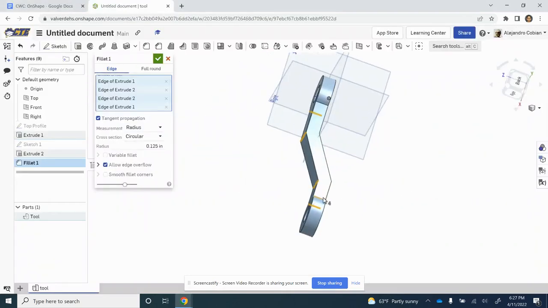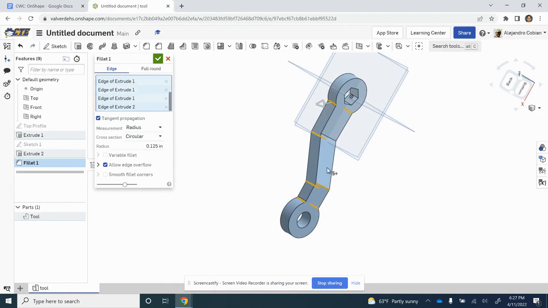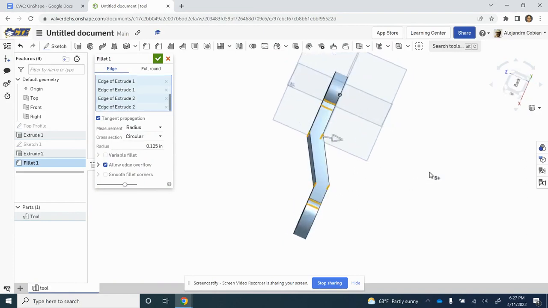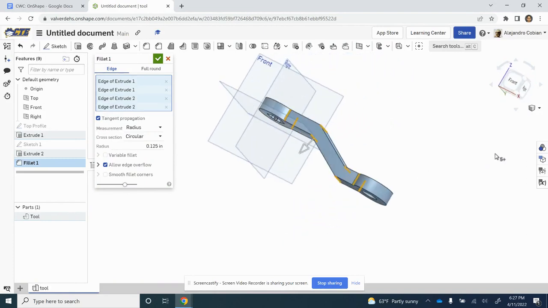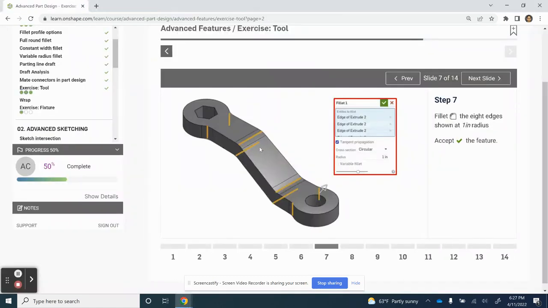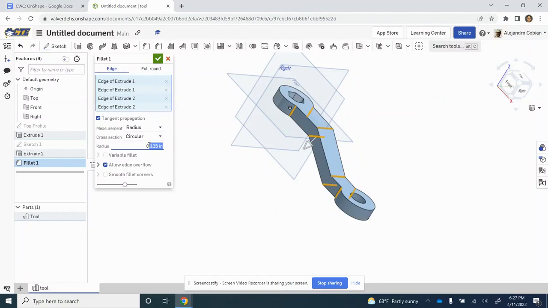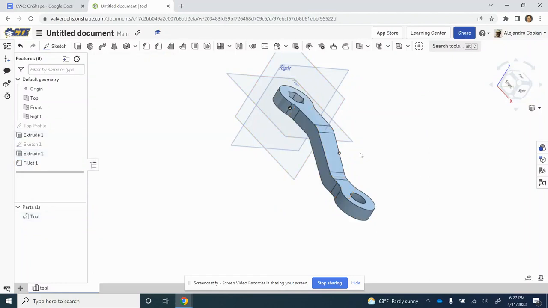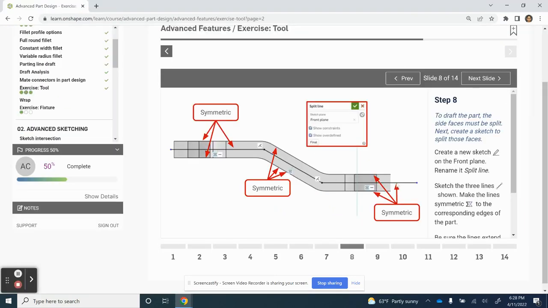Now we're rotating. There. There. Let's flip this object. And we have all of our edges selected. So now this will be circular and with a value of 1 inch. Go ahead and accept. All right, so at this point, we're going to add another set of lines going across